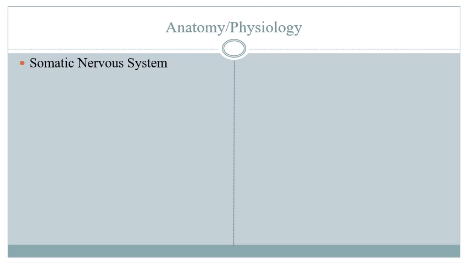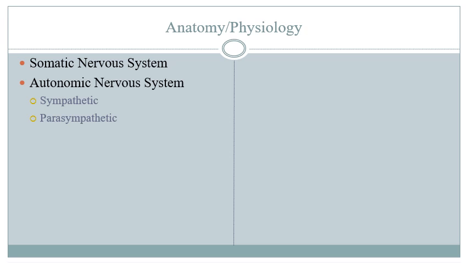The voluntary control of our body is affected by both those sensory and motor nerves. Then we have the autonomic nervous system, where we have control of the involuntary things that our body does: heart rate, respiratory rate, digestion, all of the things that our body does